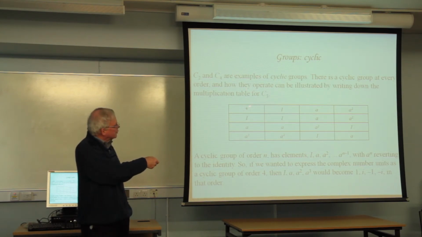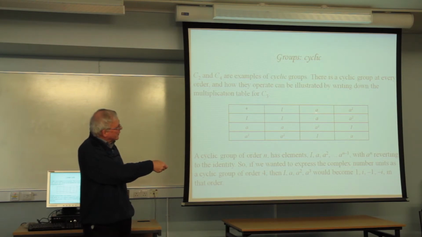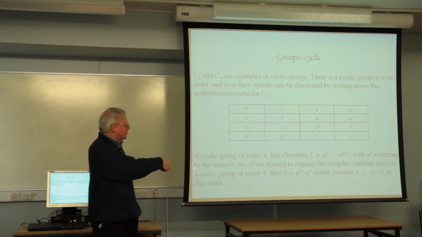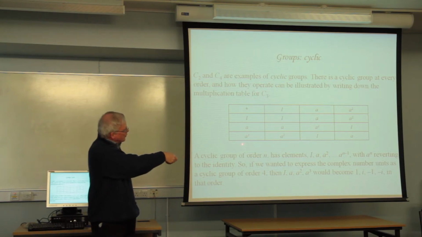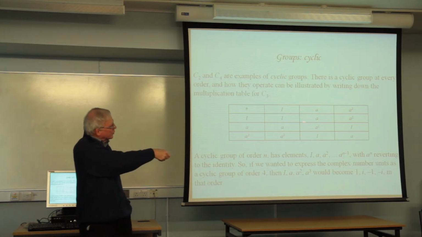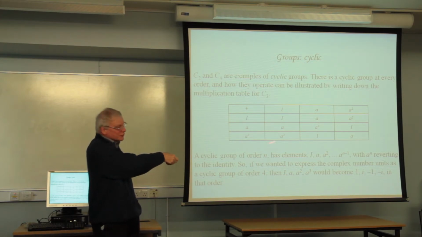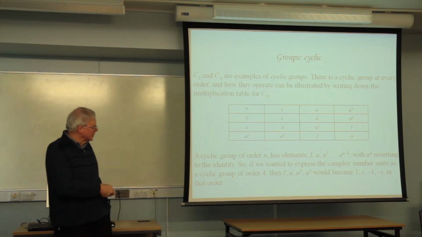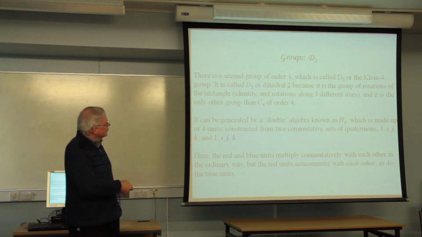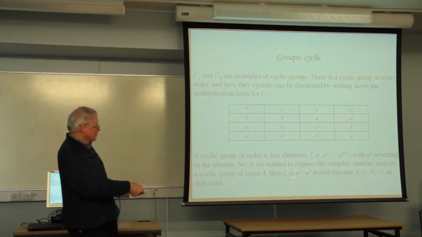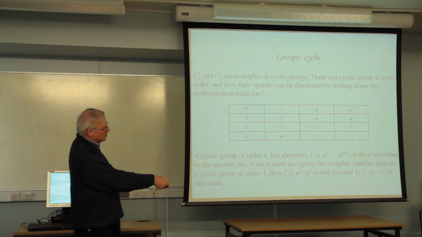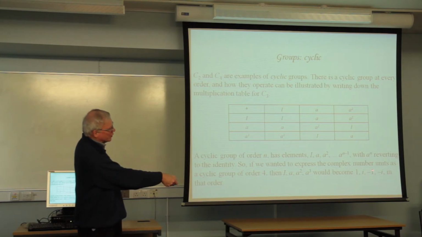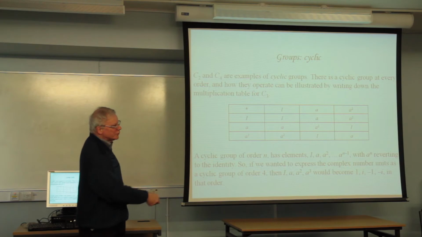C2 and C4 are cyclic groups. And this is an example of a cyclic group. You have an identity, then you have, say, something like A. You have A squared and A to the n, and the A to the n goes back to I. So if this is a cyclic group of order 3, A cubed is the same as the identity. So that's how the cyclic group works. There's a cyclic group of order 4, and this is a cyclic group, the one we've just mentioned, complex numbers. And in that order, that's equivalent to A, that's equivalent to A squared, that's equivalent to A cubed, as you can see.